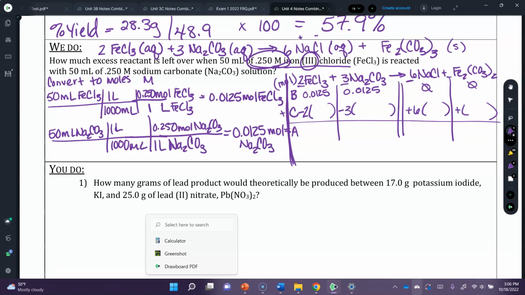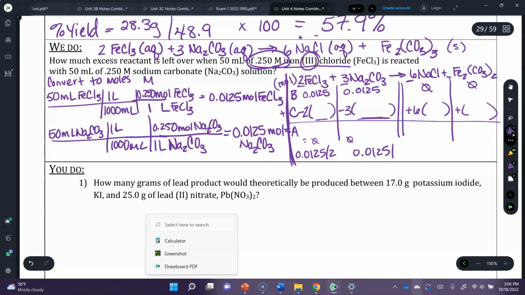Okay. Now I'm going to ignore my products for right now because I need to figure out which reactant is going to hit 0 first. To do that, I'm going to pretend that they're both going to be equal to 0, and I'm going to figure out what number has to go in the middle here to make that happen. So for this one, it would be 0.0125 divided by 2, and over here is 0.0125 divided by 3. Looking at these two, this first one is equal to 0.00625, and the second one is equal to